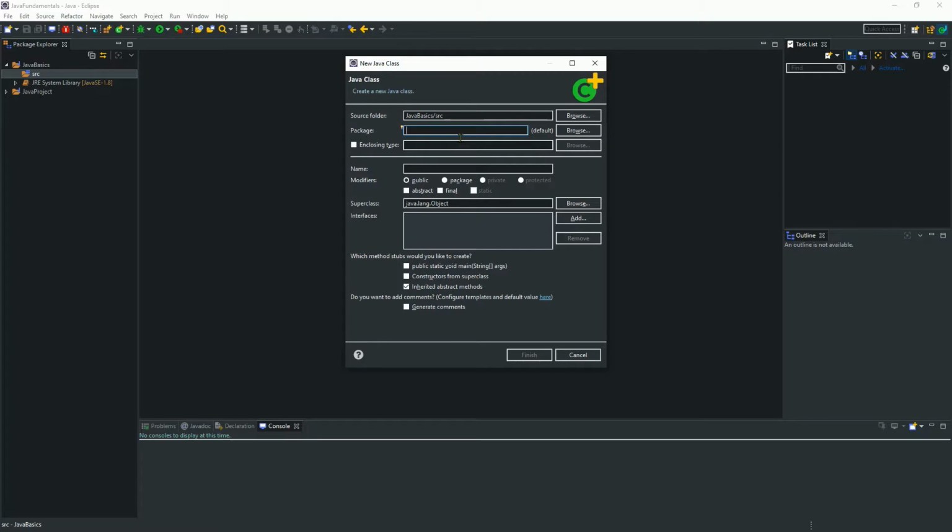I'm creating a new package with the name custom.java.arraylist, and I'm giving the class name as StoreMapInsideArrayList. I will add the public static void main method here.